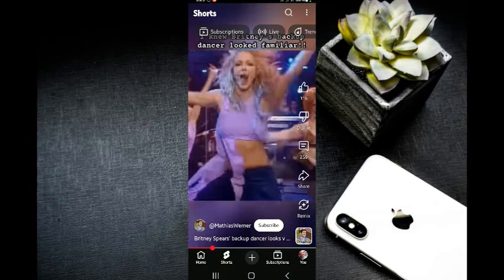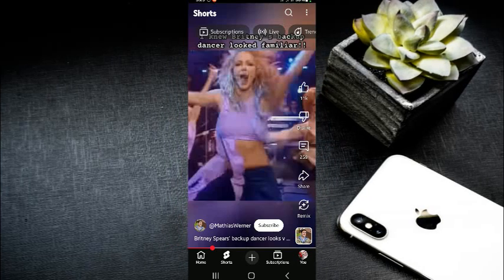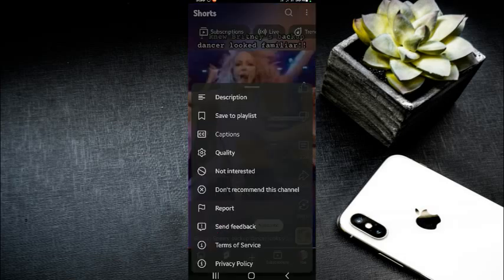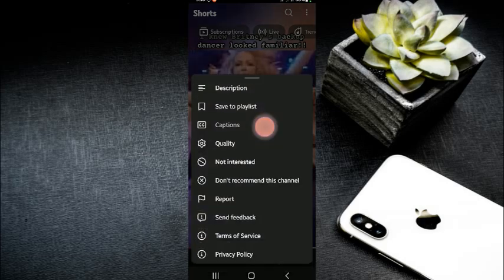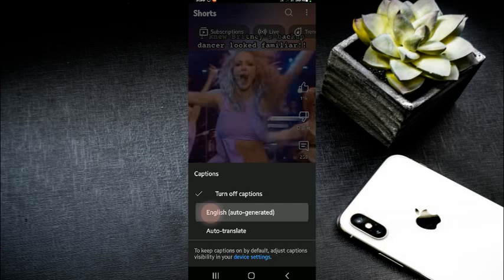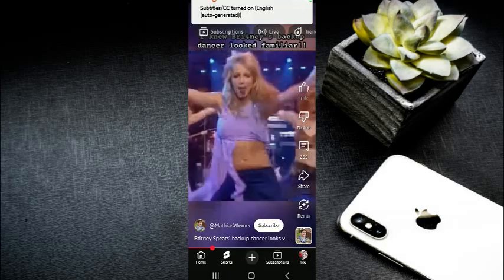There's a particular YouTube Short you want to watch, but you want the captions, you want to be able to read what they're saying. So the first thing you need to do is open the Short like this, tap on the three dots at the top right corner, and you see the option for captions. Then you choose to say you want it in English, and then when you play,